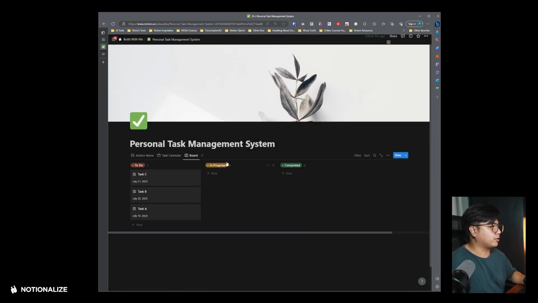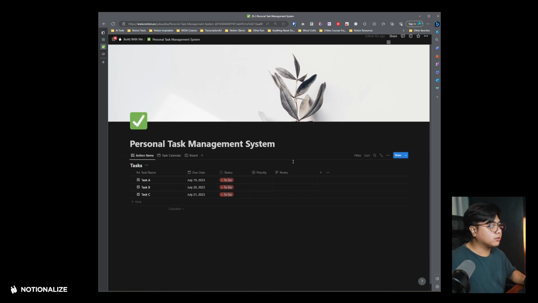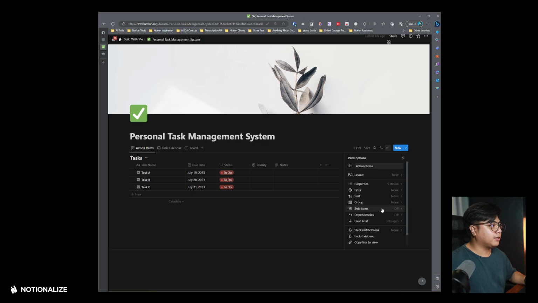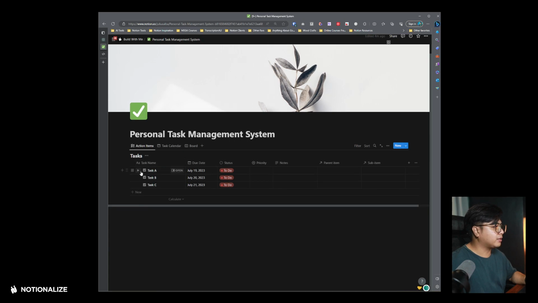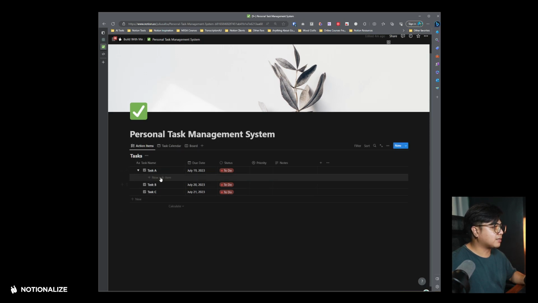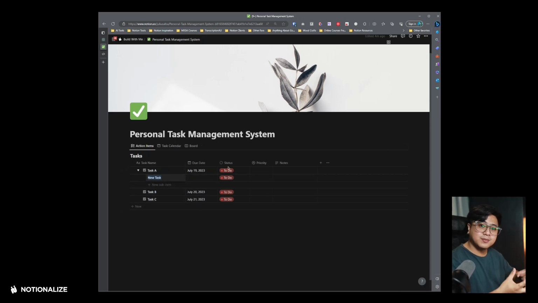Task calendar and board. Now what we can do at this point is we can turn on sub items so that we can create parent-child relations. So turn on sub items, and from here what you can do is that we have parent and sub item right here. You just need to hide that view, and then from task A, okay, we can create subtasks. How do we do that? So let's say